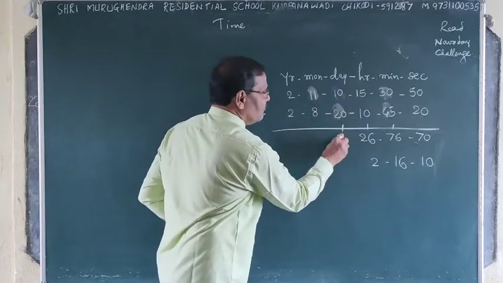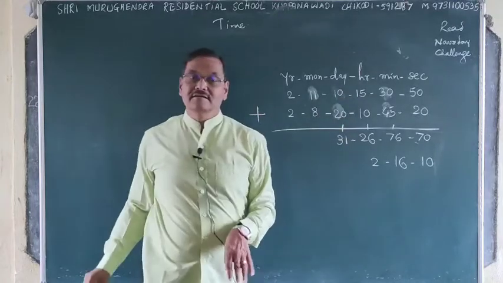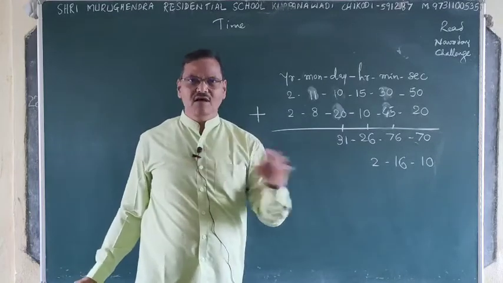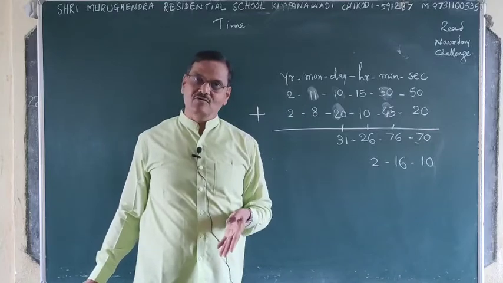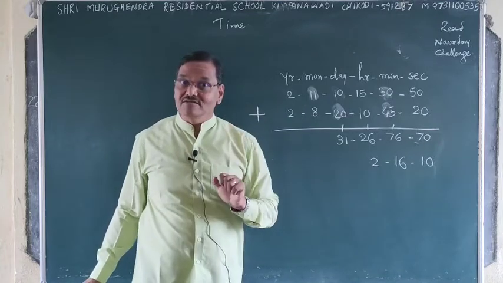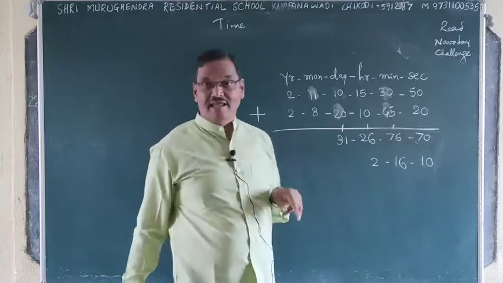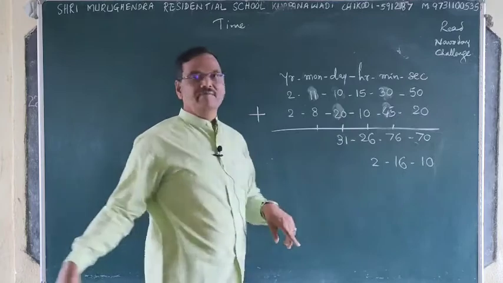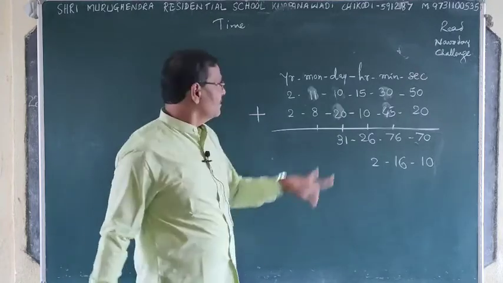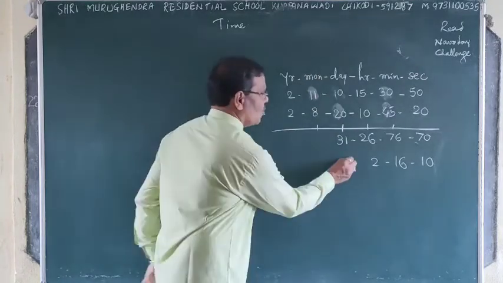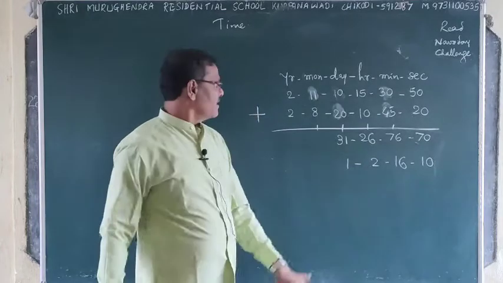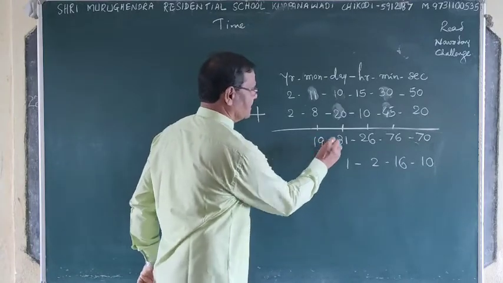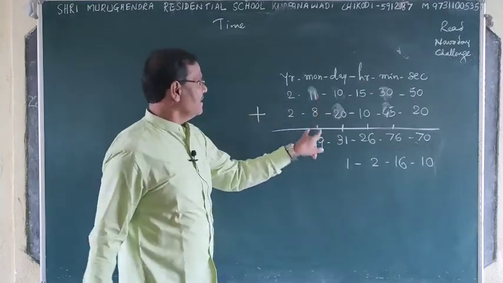This is 30, 31, whereas 30 days make 1 month. Some months have 31, some have 28, but for calculation sake we take 30. So here 30 is 1 unit I am taking and giving into the month. So 1 day remained here, and this becomes 19, 20 it is.